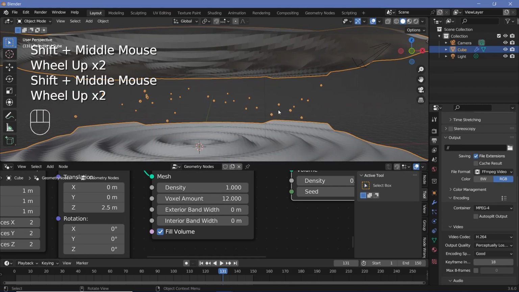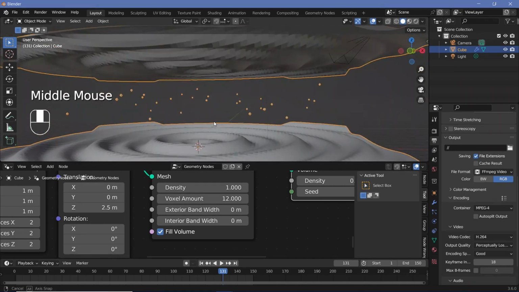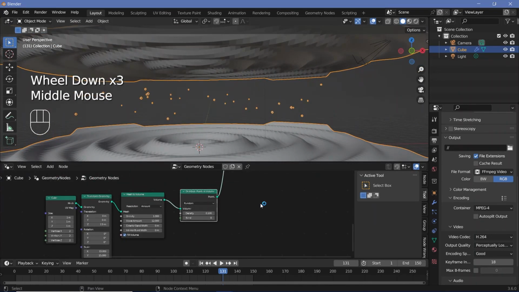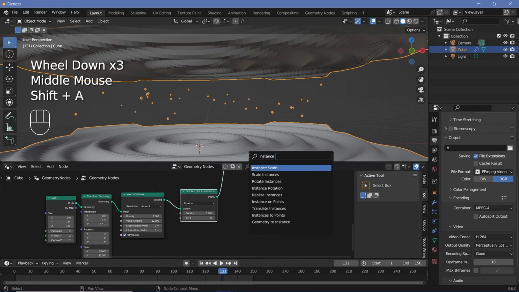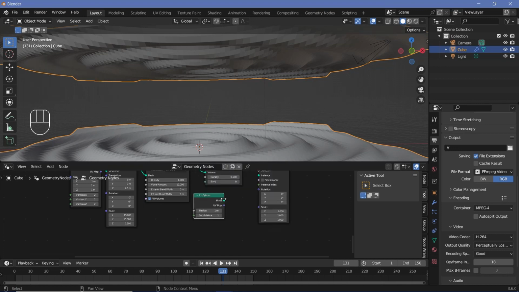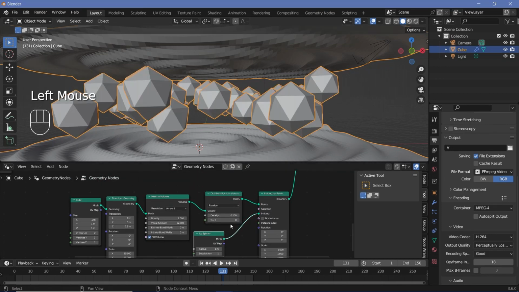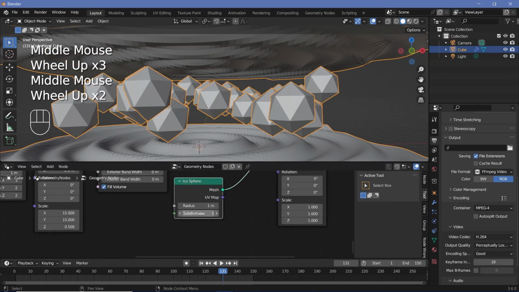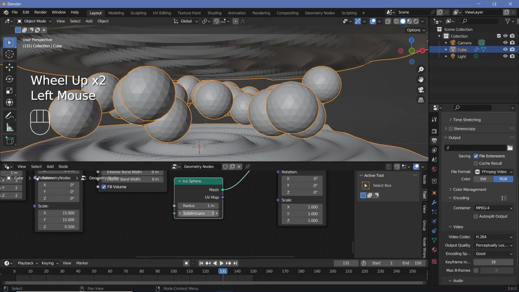So now we have our points, and I want to instance some spheres onto the points. So I'll press Shift A and search for an instance on points node, plug that in after the distribute points in volume, and then for the instance I'll search for an icosphere and I'll plug that into the instance. Now the icospheres are a bit too large, so I'm going to increase the subdivisions to 3. Of course, before rendering it out, I'll increase it even more, and I'll change the radius to 0.2,